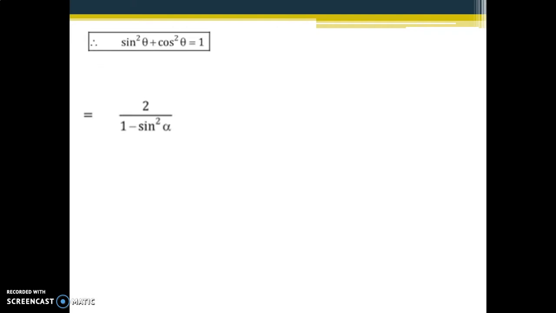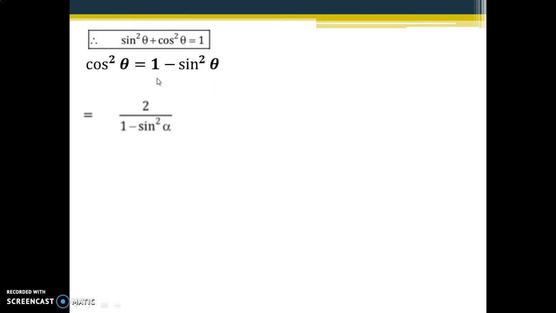We can use the formula sine square theta plus cos square theta equals 1 to find that. We want to find what 1 minus sine square alpha is equal to. So we are using this formula: sine square theta plus cos square theta equals 1. I can shift this sine square theta over there. So when I shift this sine square theta, I will get cos square theta equals 1 minus sine square theta. So 1 minus sine square theta, or 1 minus sine square alpha, will be equal to cos square alpha. I can write that as 1 minus sine square alpha equals cos square alpha, and I got this from the formula.